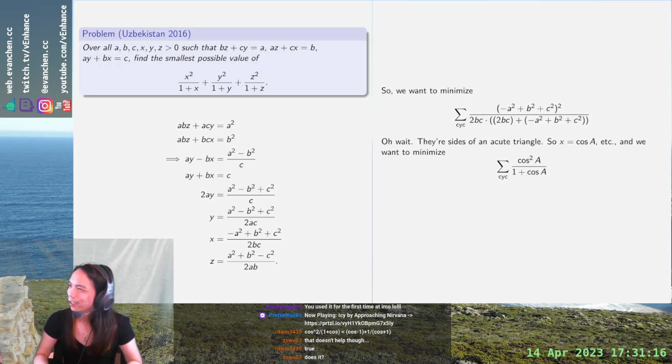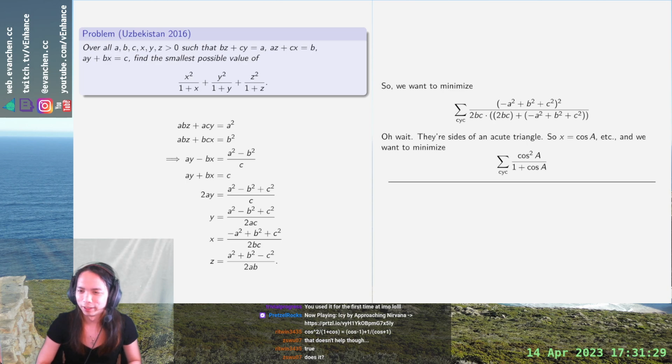But okay, at that point, can I just cheese it? Or something like, I feel like this can't be that sharp, right? So okay, if you do the naive Cauchy, this is like,